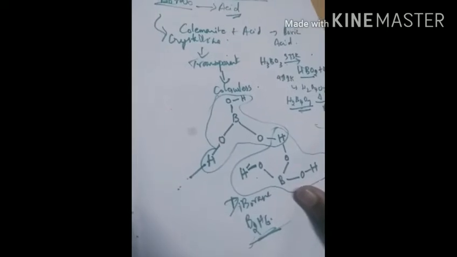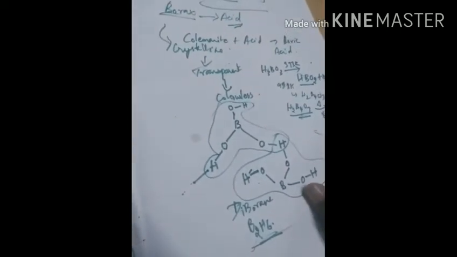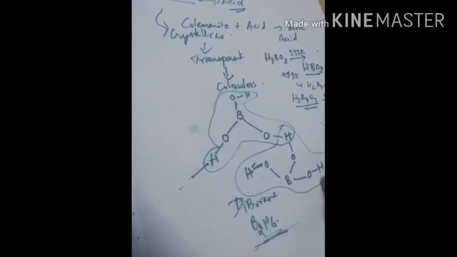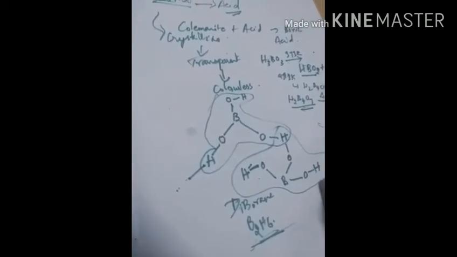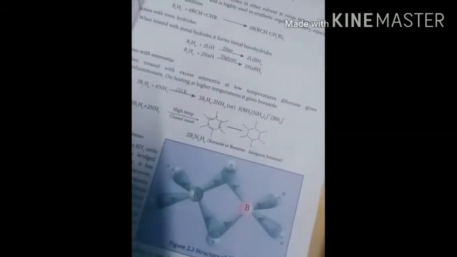For example, it can be bonded with ammonia and it can give borazole. Borazole is otherwise called inorganic benzene or boron nitride, and here you can clearly see borazole. This is how borazole exists. I am putting boron hydride, that is diborane, with ammonia, and I am clearly getting borazole. So you learn about this borazole, it's very, very important.